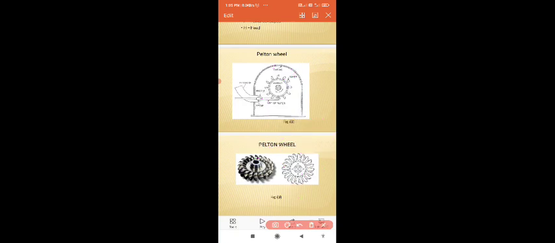And now the casing. This is the casing. Casing is made of cast iron. The casing of a Pelton wheel does not perform any hydraulic function. That is, fluid parameters such as velocity, pressure, etc. will not be changed by this casing. The function of the casing is to prevent splashing of water and lead water to the tail race. It is a safeguard against accident.